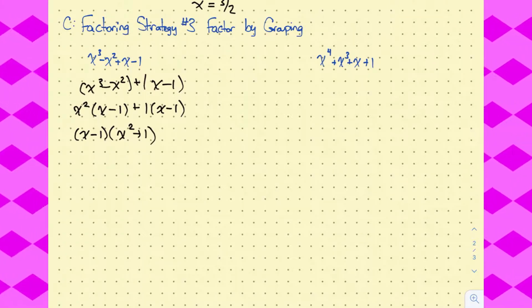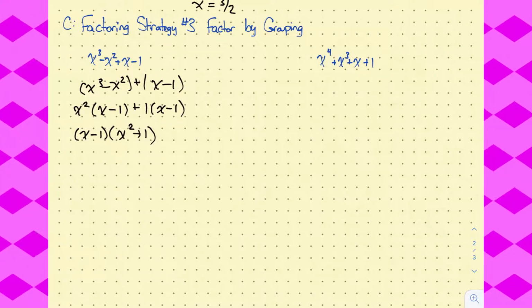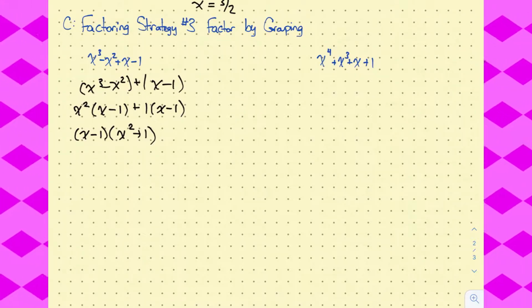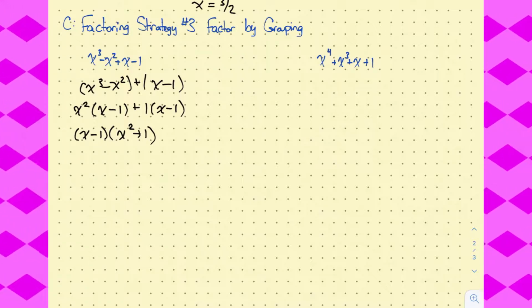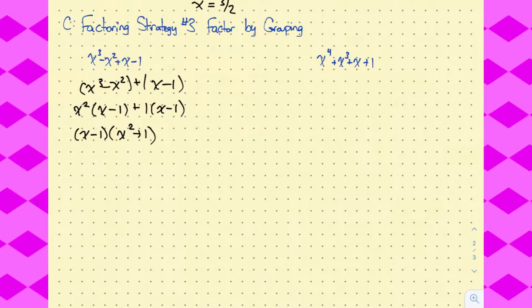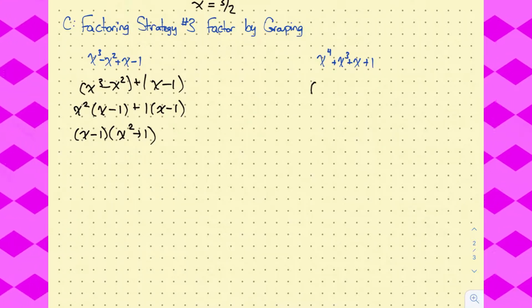Now, I'd like to point out, we might not necessarily be done. None of these should be taken in a vacuum, right? Always check to make sure nothing still factors. Always check to make sure there's no extra common factors. Always check to make sure you don't have any of your special patterns left over, which I think we'll see in this next one. So I'll group my first two terms,